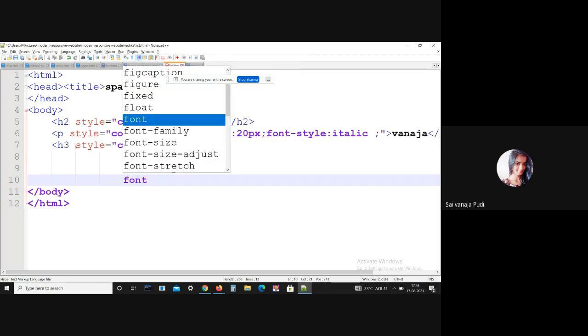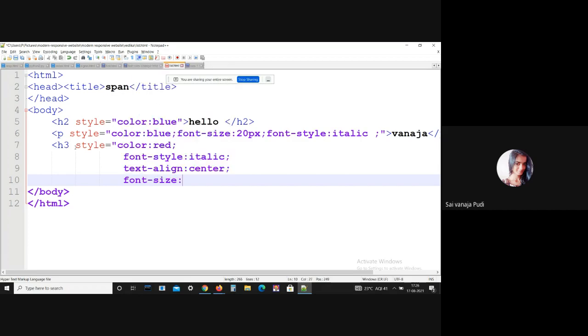Here I just want to apply this font size, that is some 40 pixel. Okay then. Now close here h3.